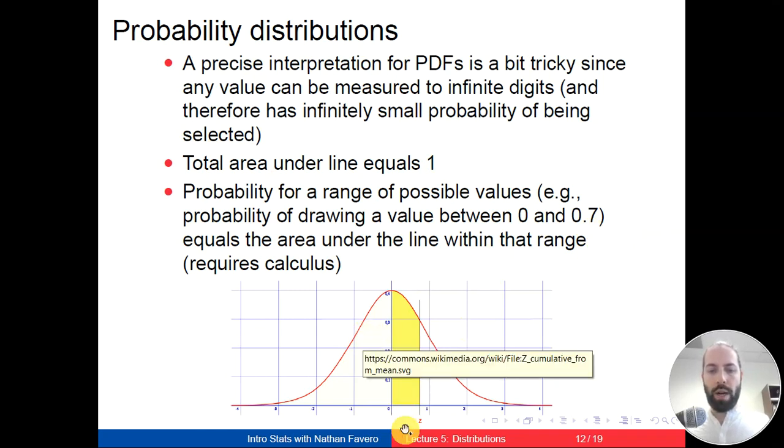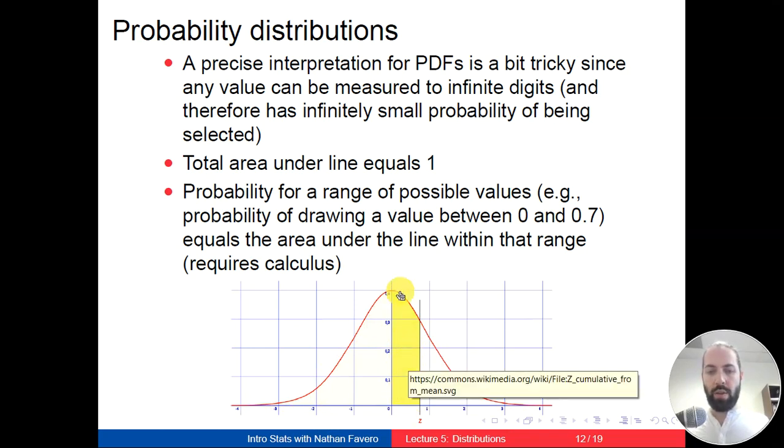And if we want to figure out, well, what is the probability of getting a value within a certain range? For example, in this case, maybe it's a value between 0 and 0.7. Well, then we have to calculate the area under the graph, just this portion, right? And again, all of the area under the graph is going to be equal to 1. So we want to know just this portion. Well, maybe this is 0.2, right? In other words, maybe there's like a 20% chance that we get a value between 0 and 0.7. So calculating the area under a portion of the graph requires calculus, which is why we're not going to go into detail in this class on how to do that.